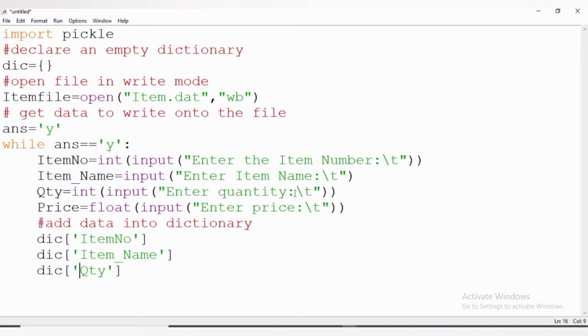To give the same name as we are getting data from the user, I am simply copying the variable names and pasting after is equal to.